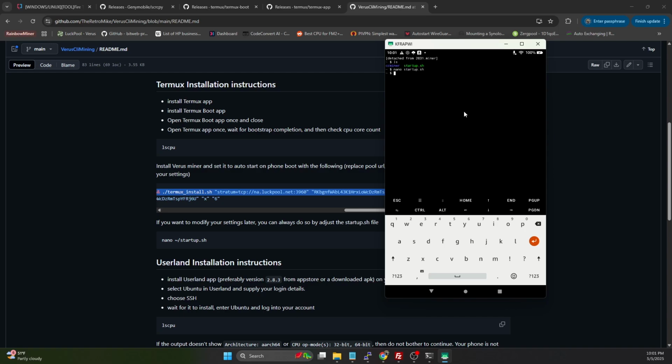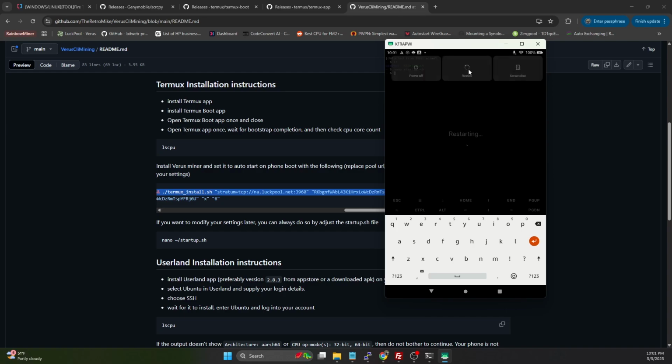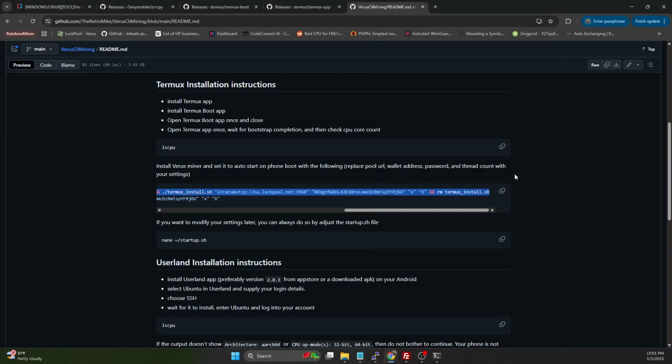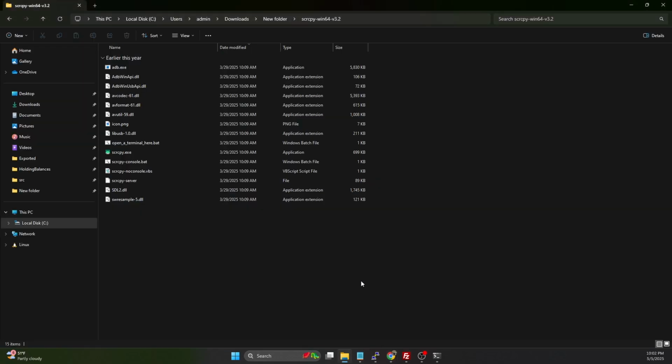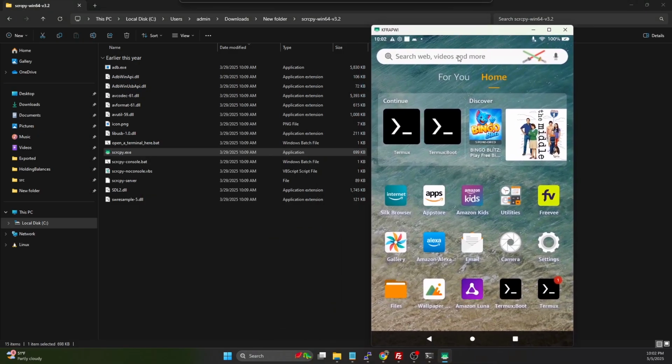Now, if we reboot the device, so I'm going to go ahead and just hold down the power button, and I'm going to say restart. We're going to go ahead and restart. This is probably going to disconnect the scrcpy session. All right, the device is restarted. So if we go ahead and open scrcpy again, and bring this window over here, you're going to see there's a little 1 here. And if we drag down from the top,